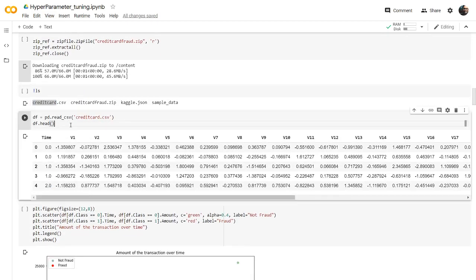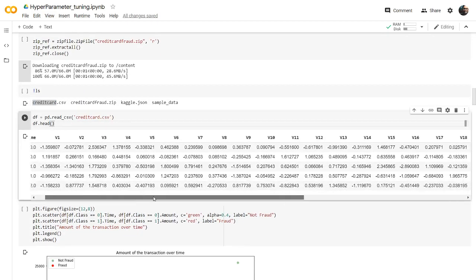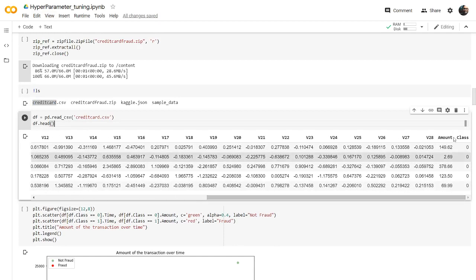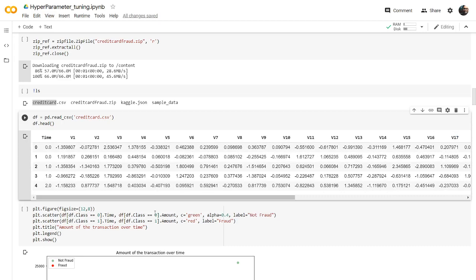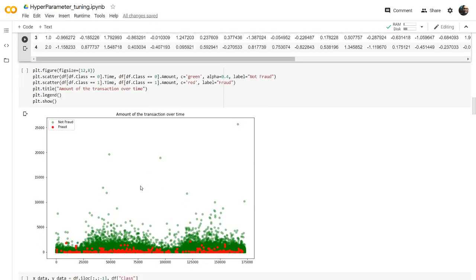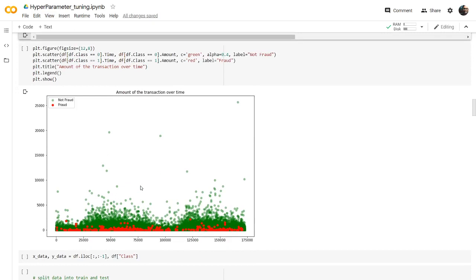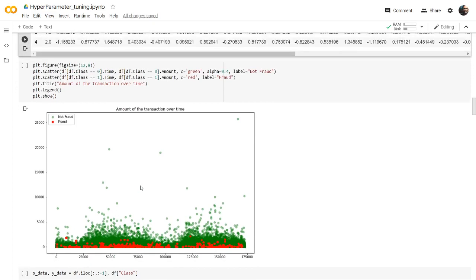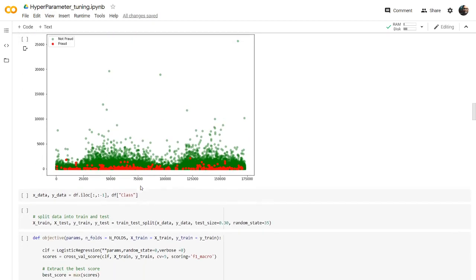So if we just visualize the data set, you can see we have many features, and this is the actual class, 0 and 1. 0 in the sense not fraud, 1 in the sense fraud. We also visualized how these are spread. If you see, we have not even 1% of fraud class. Almost 99 point some percent of values are not fraud. So this is completely an unbalanced data set, so you need to take care of that as well.